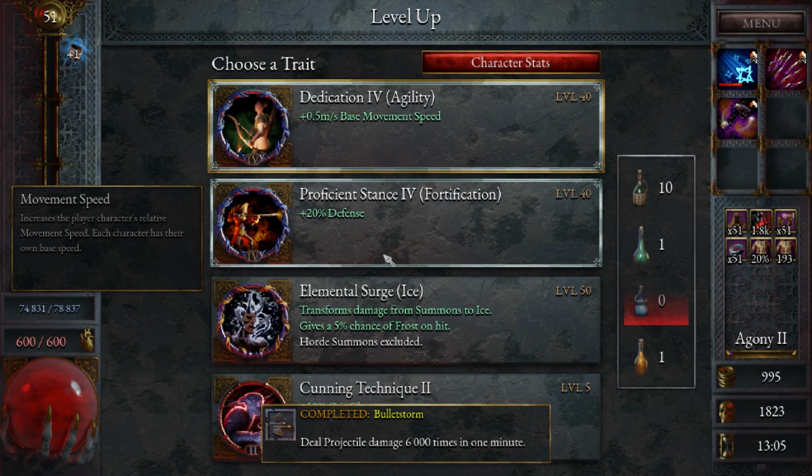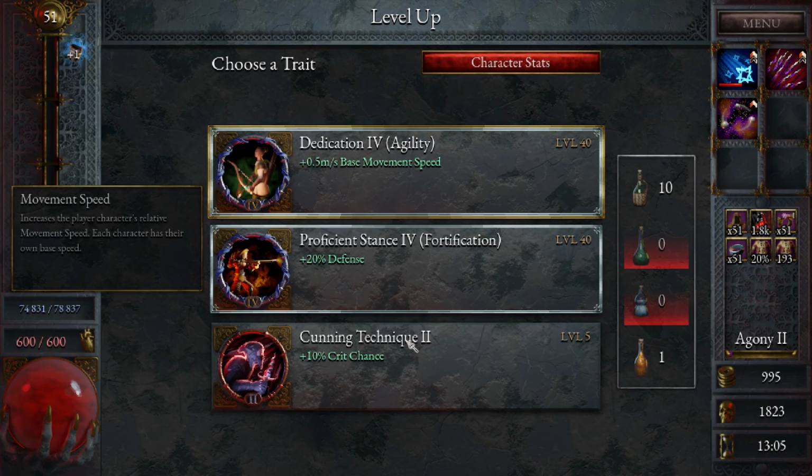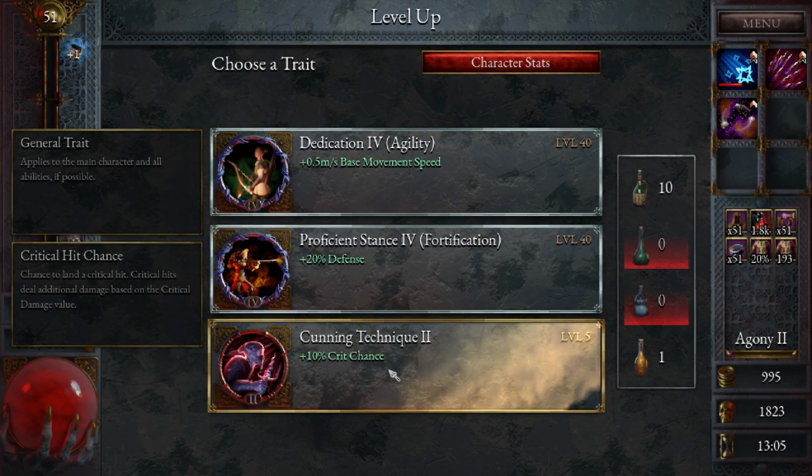Deal projectile damage 6,000 times in 1 minute. Well, that seemed easy. Ice damage? Is this ever worth it? Question to you experts out there. Is this ever worth it? I'm gonna banish it. But like...